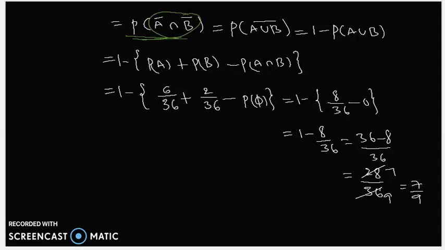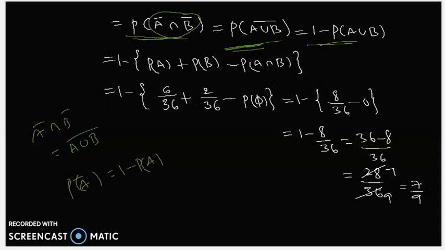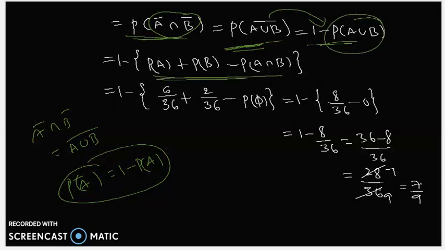Now we are going to write De Morgan's law. A bar intersection B bar equals A union B whole bar. That is also equal to the probability of non-occurrence of A, which is 1 minus P of A. So by using this formula, we can write it like this. Here we are going to apply the addition theorem on probability. So P of A value is 6 by 36, 2 by 36. A intersection B are mutually exclusive events, that's why P of